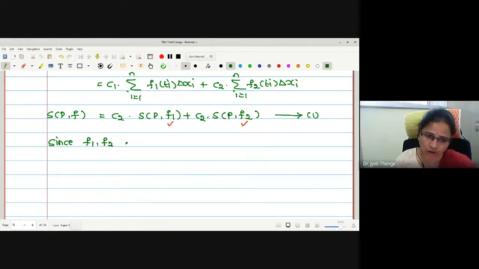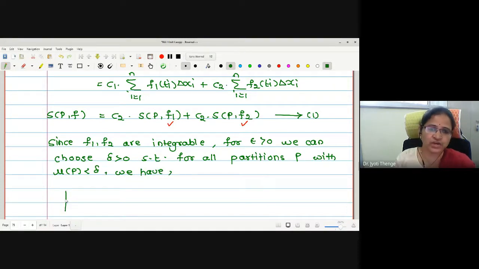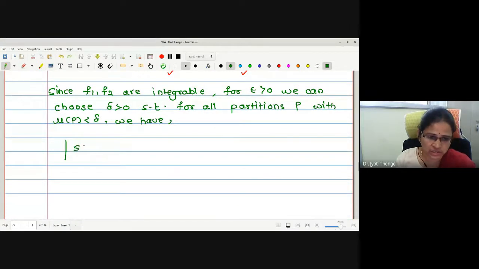Since f1, f2 are integrable, for epsilon greater than 0, we can find delta greater than 0 such that for all partitions P with norm P less than delta, we have, since function f1 is integrable by definition, S(P, f1) minus the integration